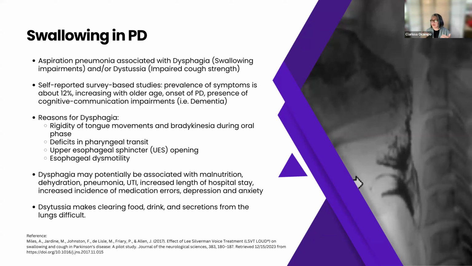It doesn't happen all the time. I see patients who don't have swallowing difficulties at all, and they're enjoying a non-restricted diet. They are enjoying going out to restaurants, but we still do have part of the population who will have some swallowing difficulties at some point. Now, some of the reasons for dysphagia is the rigidity of the tongue. Now, remember, Parkinson's is a motoric disease, right? It is that area of the brain where that is impaired.